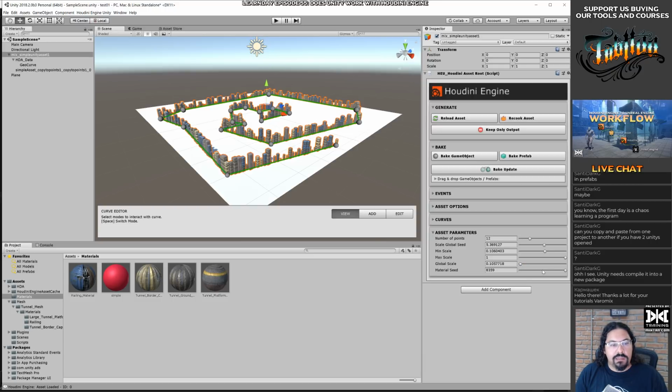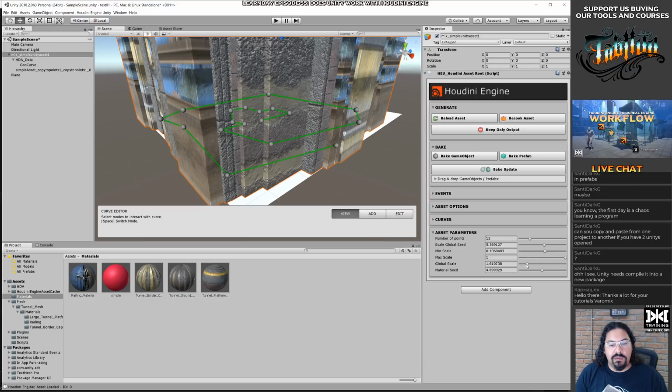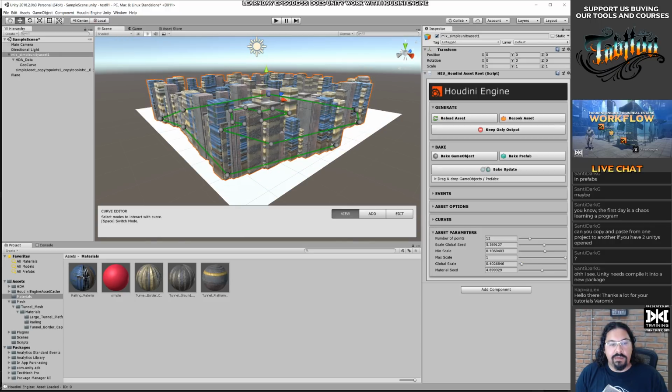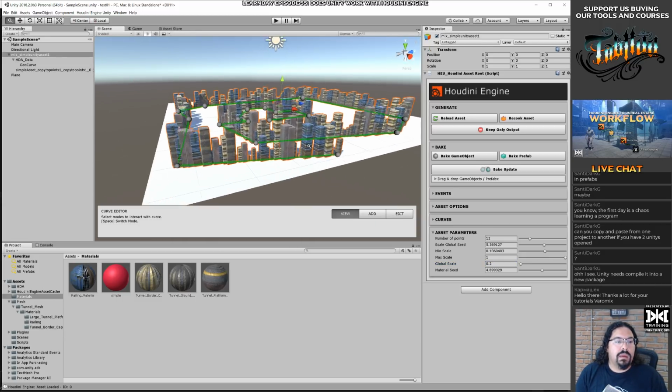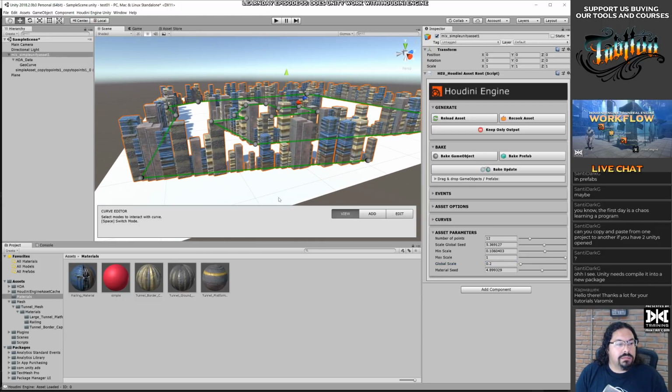We can change the material seed if we don't like something we have. 1, that's too much. 0.2. Okay. A space to switch mode. Okay. What if I don't want to see that? Hide that thing. Whatever.